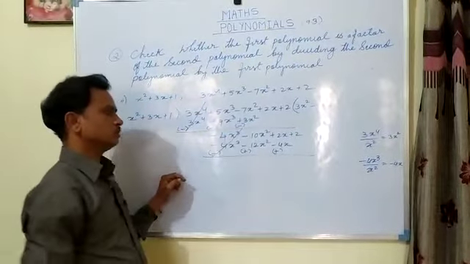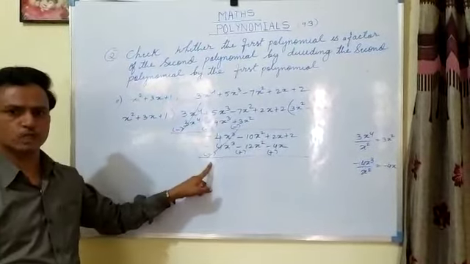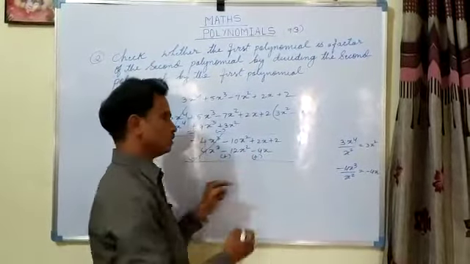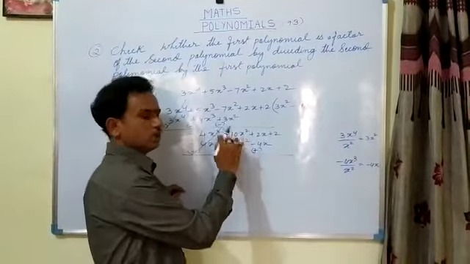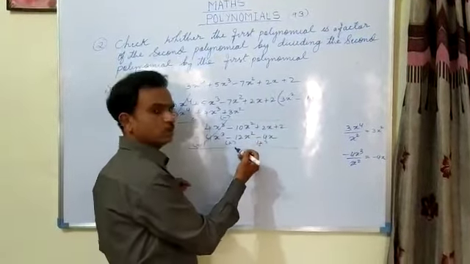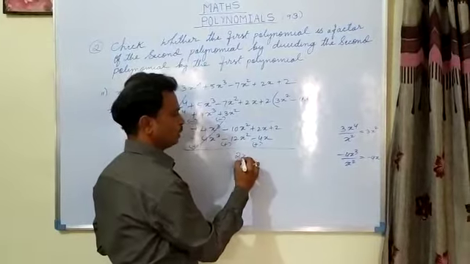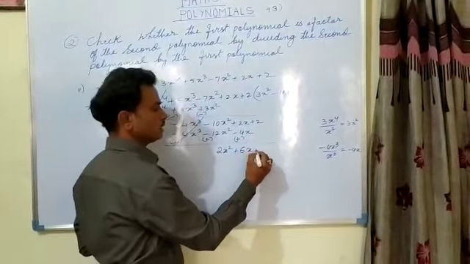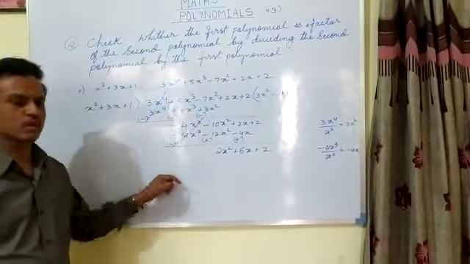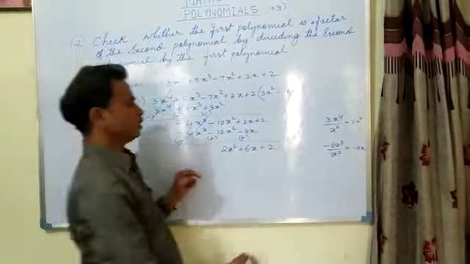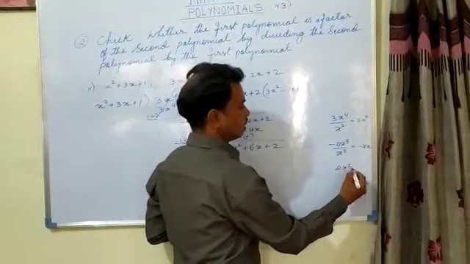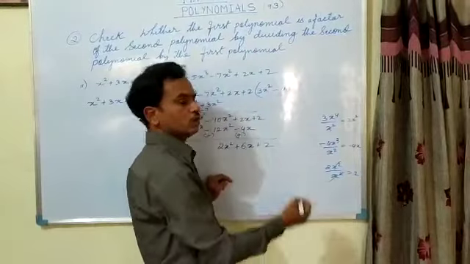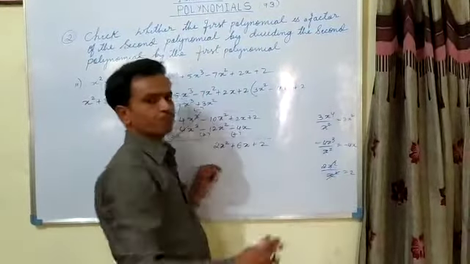So this you cancel it, because minus 4x cube plus 4x cube. Then minus 10x square plus 12x square. So what is the answer here? Both are opposite signs, so 12 minus 10, 2x square. Plus 2 plus 4 will become plus 6x plus 2. Then 2x square divided by x square, this you cancel it. So your answer is 2. So here we should take a 2.